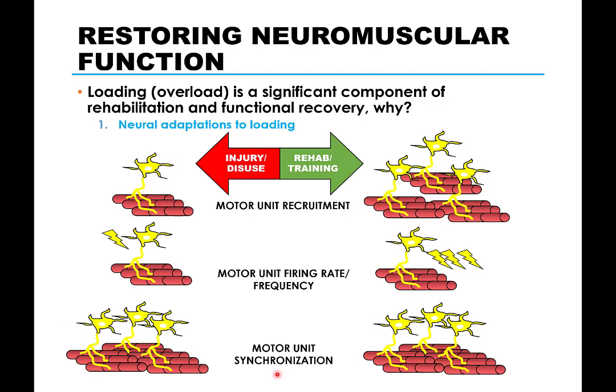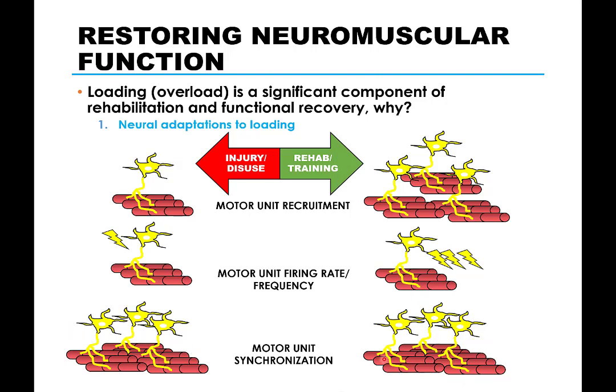Let's look at this figure here. Prior to injury, let's say 3 motor units recruited to curl a 20-pound weight are activated synchronously, and you can see that by the action potentials flashing in a more synchronous fashion here. Remember, within each individual motor unit, the fibers contract maximally when activated. So in this example, this group of 3 fibers, and this group of 3 fibers, and this group of 3 fibers all contract maximally and synchronously. Therefore, the forces produced by each of these motor units accumulate, and the overall net force production is maximized when